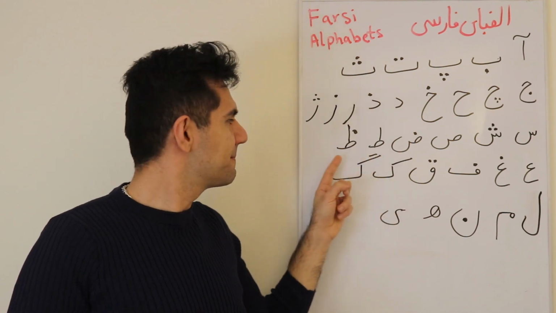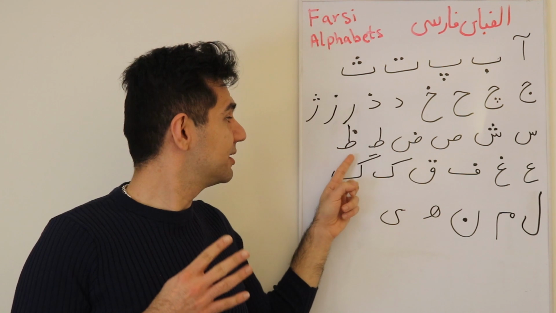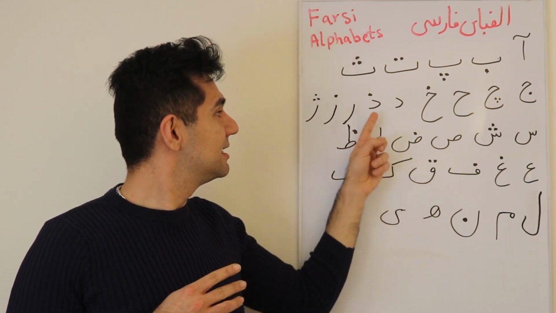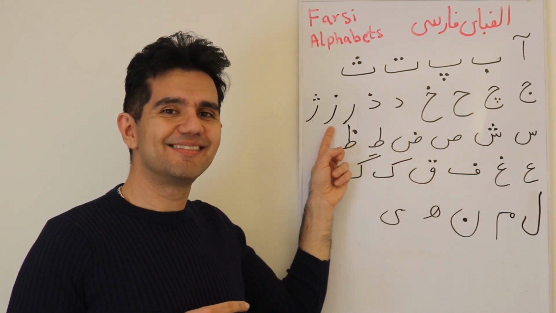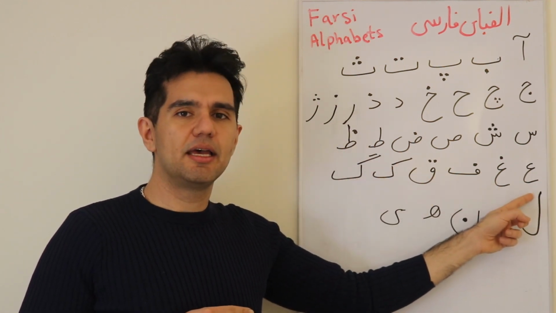T, Z, that's the fourth one. Z, Z. Easy, right? E, E,